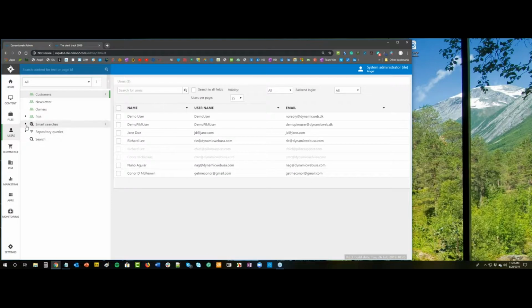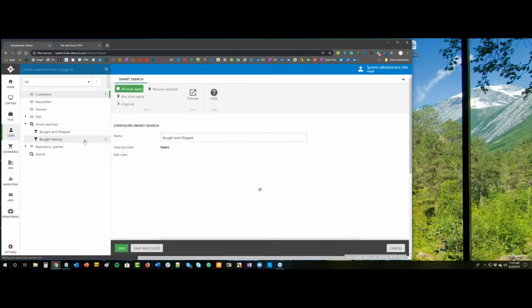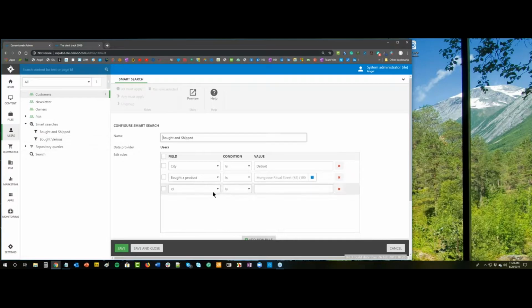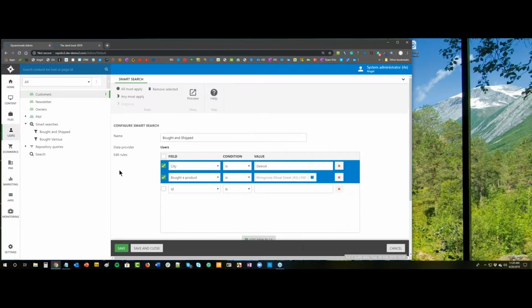But what I particularly enjoy about the user section, and maybe you guys will as well, is a smart search. And this is a user smart search. So it means that I can basically create a type of living query that automatically looks at customers based on these rules that I add here in the middle. So let's say I have two of these set up already, and let's just explain what they are. Let's say I want to find all the customers that are shipping to Detroit and have bought a specific product. And if I say that these two must apply, then it looks, when I first set this up,